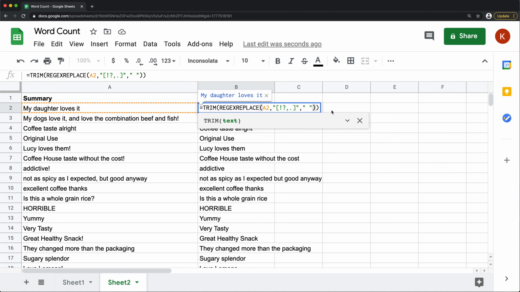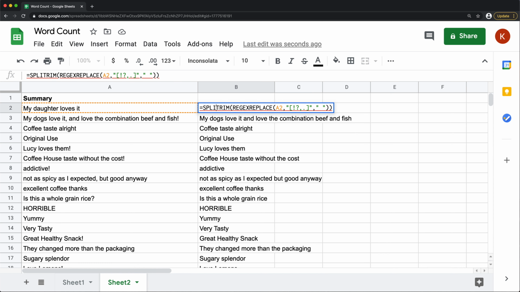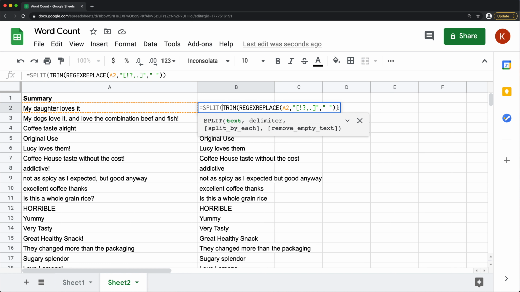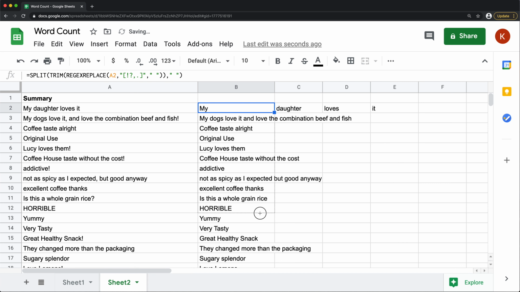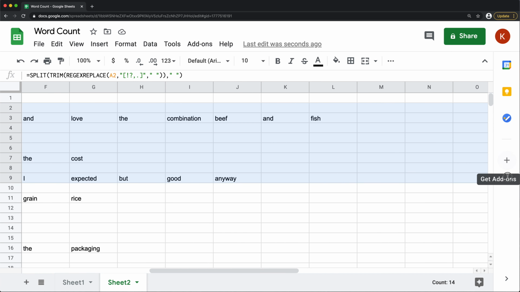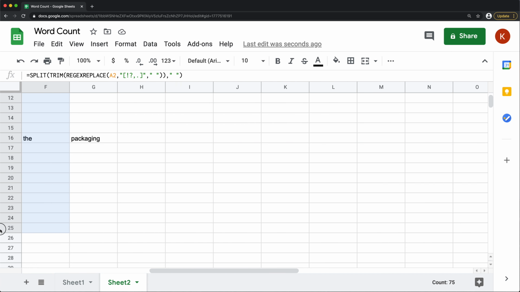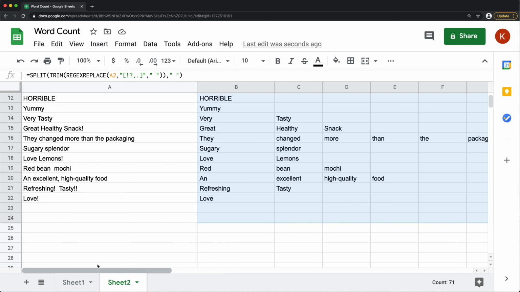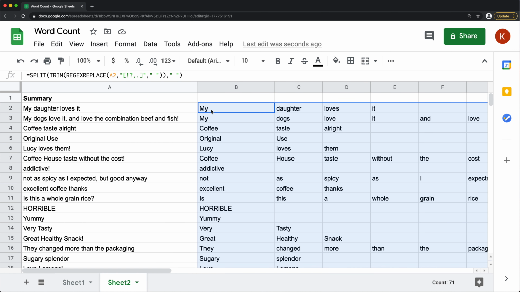So what I could do at this point, I can just take this and split it using the space. Again, that whole thing is going to go within that split function. So comma and a space as a split character. And if I hit enter and drag this down, all our words are basically spread across all of these different columns. So I want to just put them all in one single column so I can get a nice unique list